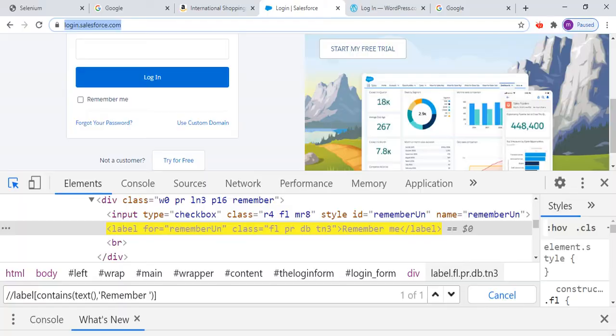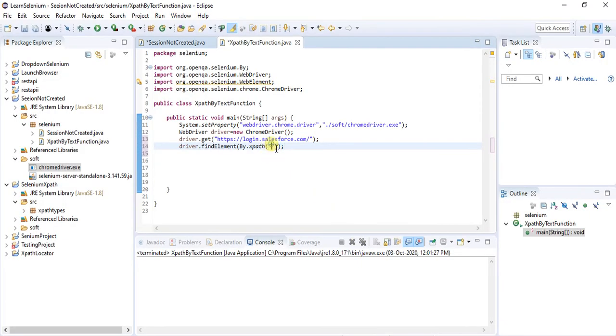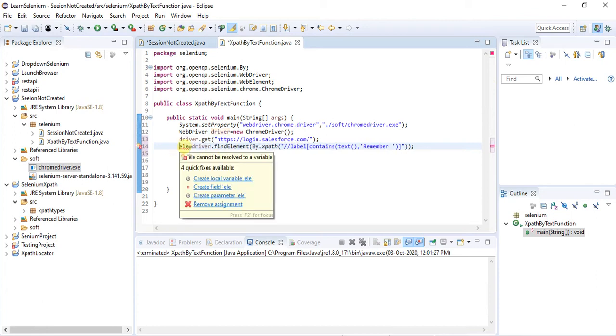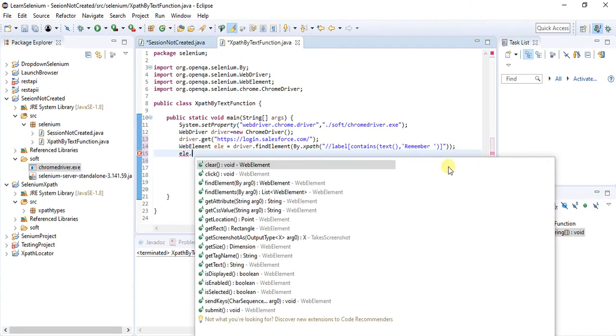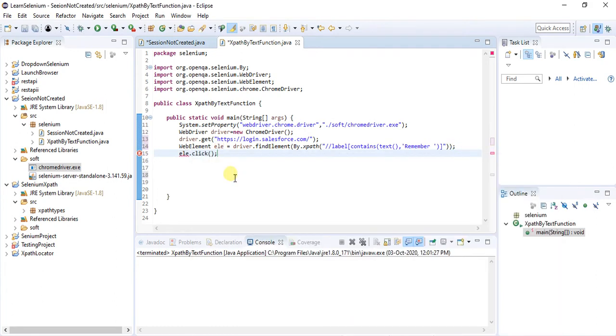Let me copy this XPath and add this. I'll perform the click operation. Let me save this script, then go to run and run the script.